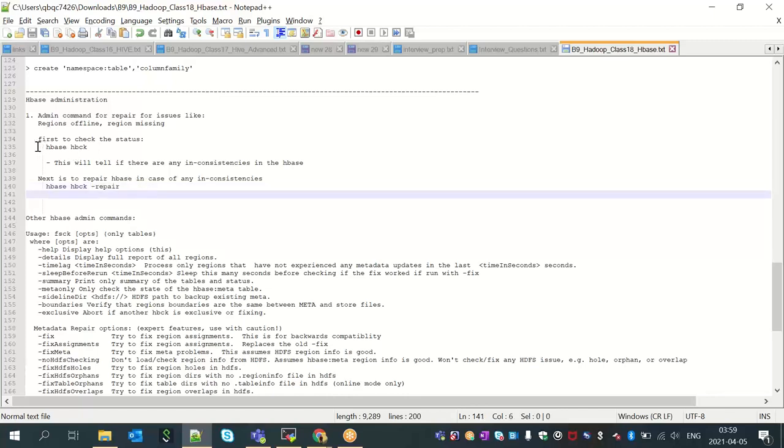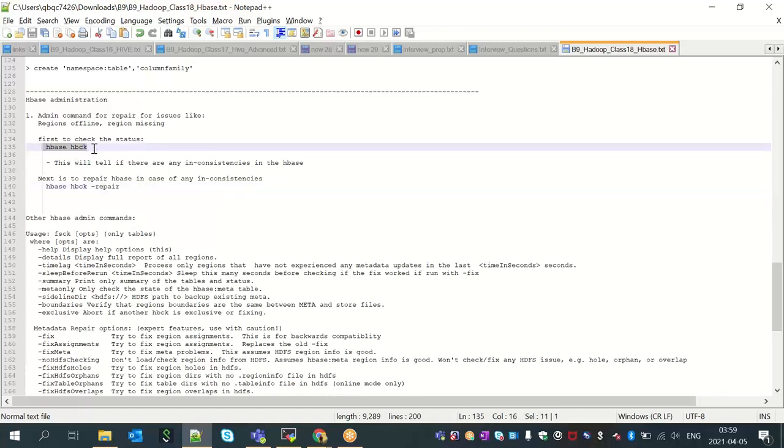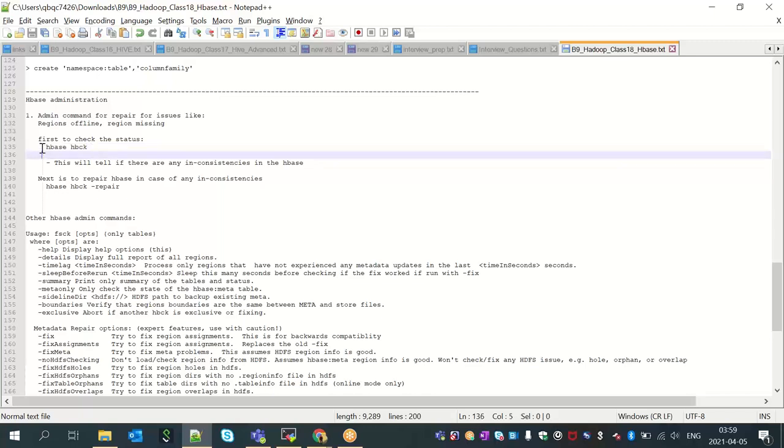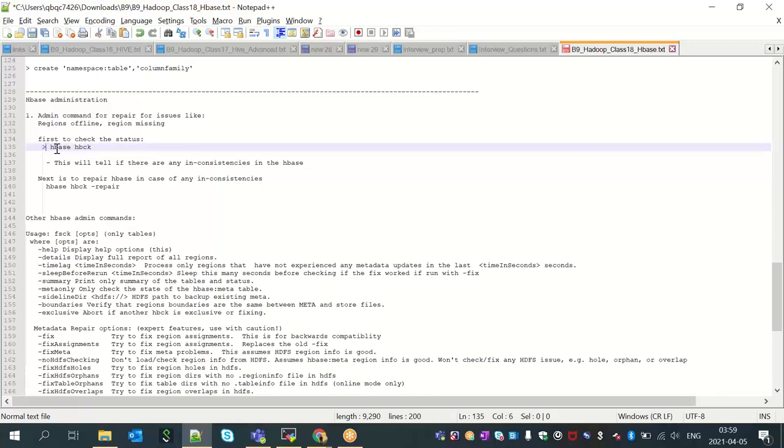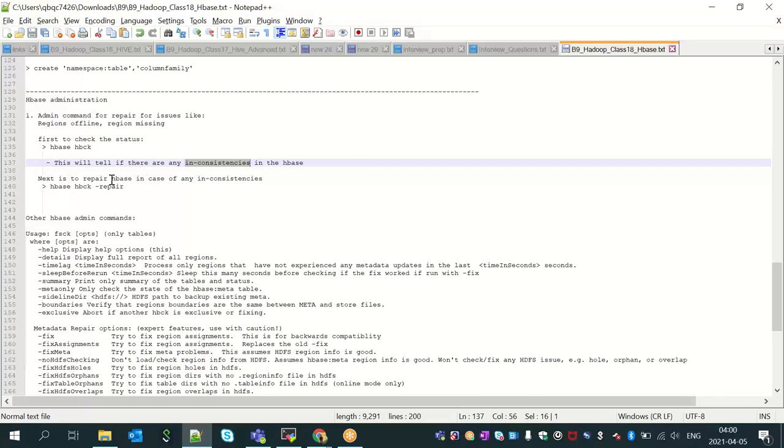So simply you just have to type hbase hbck, and it will give you the status of HBase. If any of the regions are offline or not responding, they will come up as an inconsistency in the summary section at the end of the command run. Okay, and if you want to repair, sometimes it's quite simple: